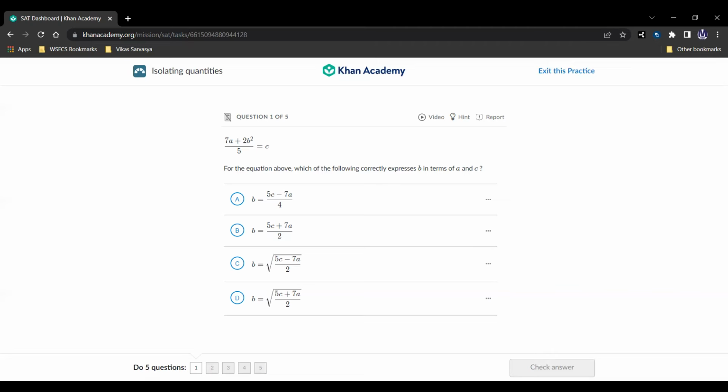Hello and welcome. Today we're going to be looking at isolating quantities, when we express one thing in terms of everything else in an equation. This is part of the Passport to Advanced Mathematics. As always, we're going to be doing 5 questions. We're going to explain them and look at the intricacies in these questions to help you ace the SAT math